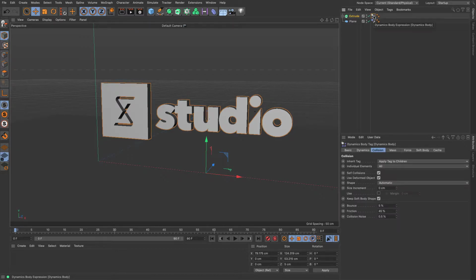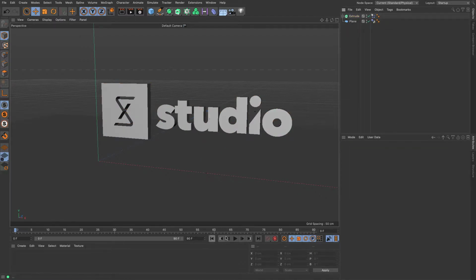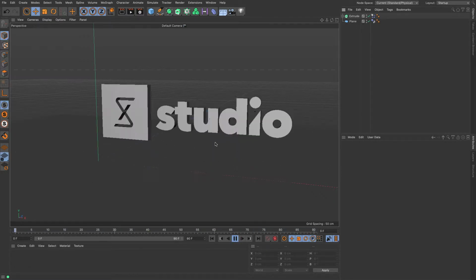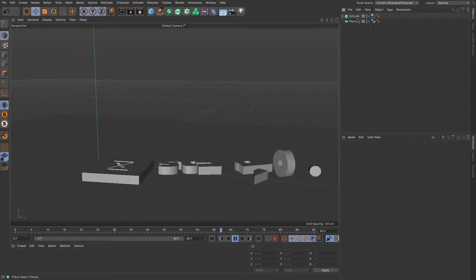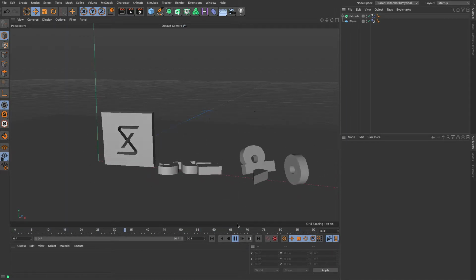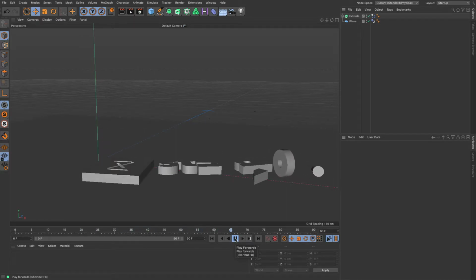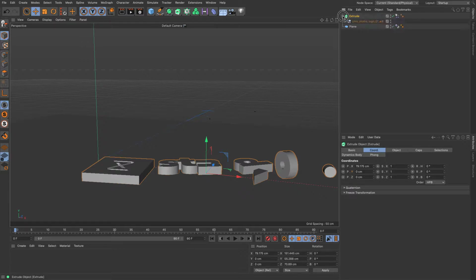I have a dynamics body tag on the extrude and a dynamics body tag on the plane, and this allows for the physics engine to show when things are colliding, and I want to take that behavior and export the animation as an FBX. So I need to click on my object here